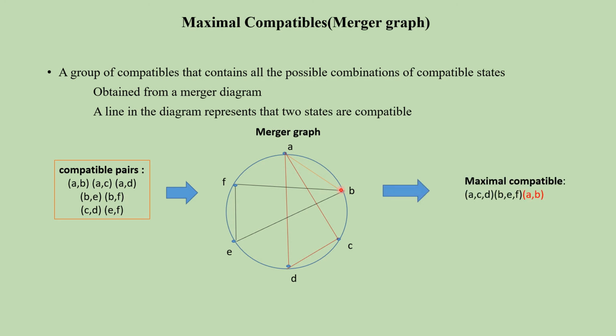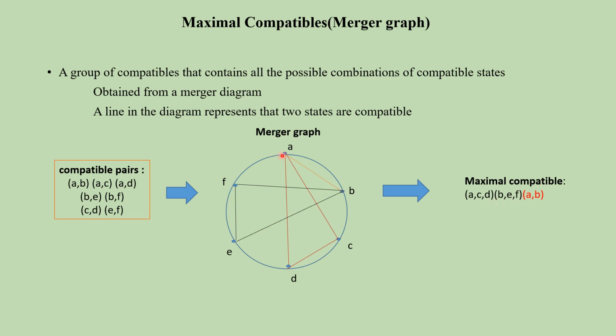Now how can this be reduced, right? So look at the closed covering condition. See, this is AC, CD and AD. If the compatible states are coming in the closed covering condition, in that case we need not repeat the state again and again. Instead we can put all these three states together, right? So what are the closed covering conditions? A, C, D and B, E, F are there in the closed loop. So we are putting all those two as maximum compatible.